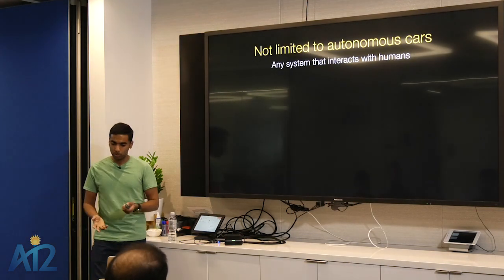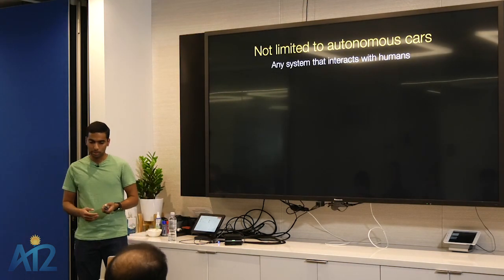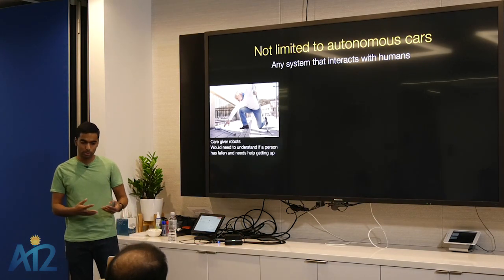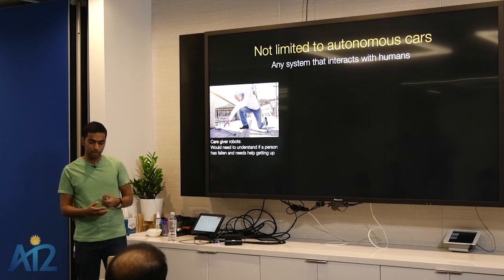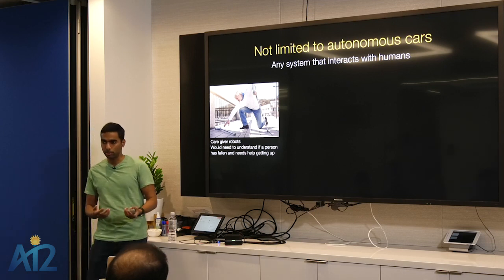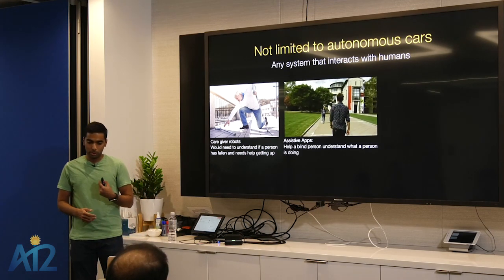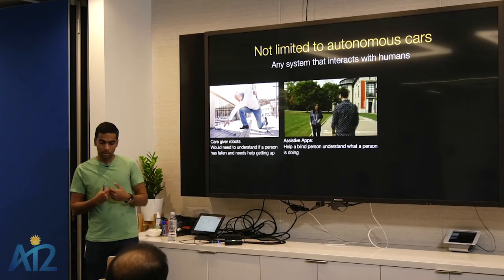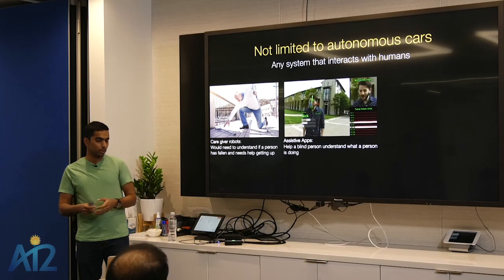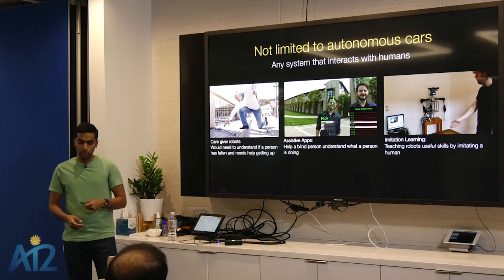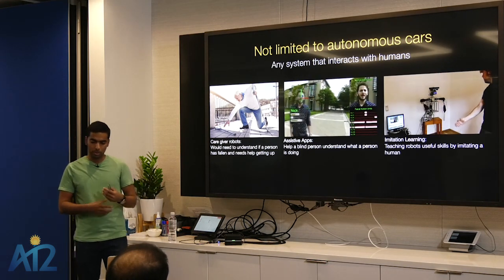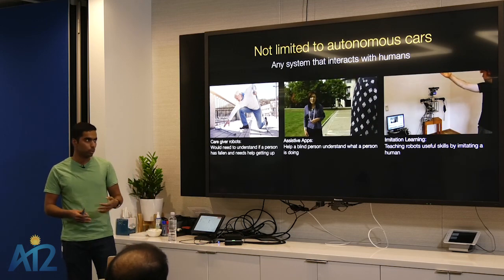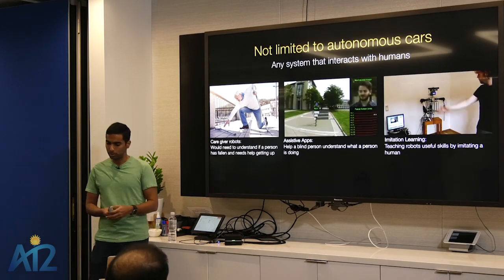And of course, this is not limited to autonomous cars. Pretty much any system that interacts with humans would need to understand them. That includes caregiver robots, robotic systems helping the elderly that need to identify if somebody has fallen to help them get up, or assistive applications helping blind people by trying to understand the actions their companions are doing. It is also useful for downstream learning or robotics tasks like imitation learning, where you want to teach a robot to do certain actions by following what a human is doing.